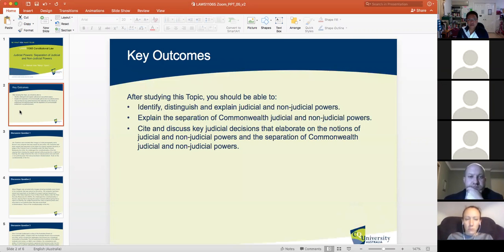Now, in terms of the key outcomes, after studying this topic, you should be able to identify, distinguish, and explain judicial and non-judicial powers. You should also be able to explain the separation of Commonwealth judicial and non-judicial powers, and cite and discuss key judicial decisions that elaborate on the notions of judicial and non-judicial powers and the separation of Commonwealth judicial and